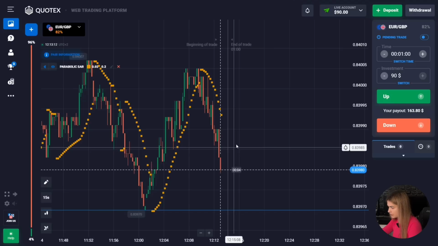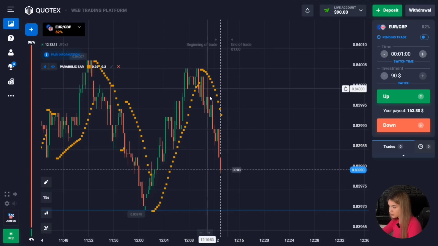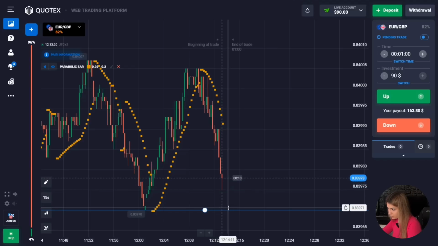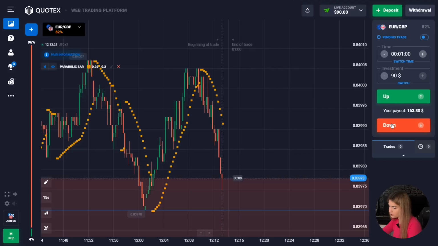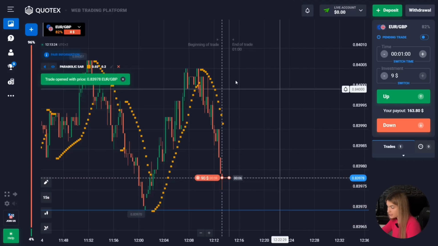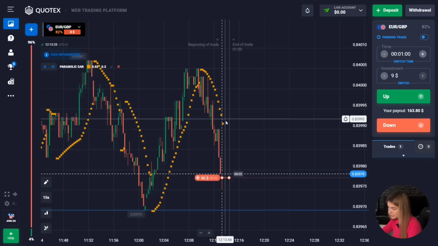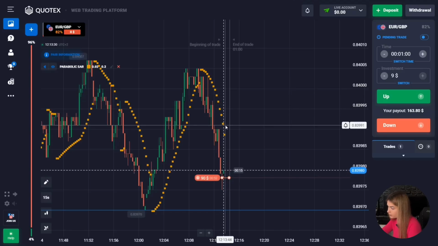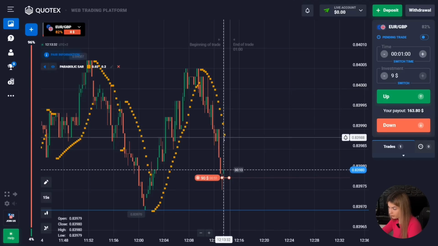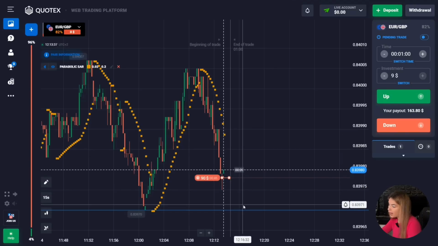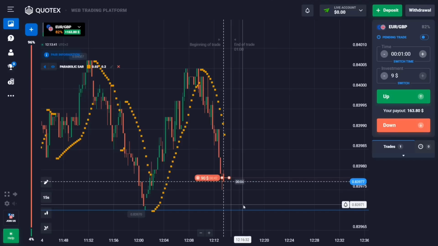So here we see that from a certain point the price has turned around and is confidently moving down and approaching our level. At the same time, there's very little space left to the support level. I suggest in this situation we will open a deal down because the price has an excellent potential to go down. Also, our entry point is confirmed by the indicator and points are formed above the chart. Just at the moment the price is moving down quite impulsively, we will try to make money on this downward movement. I hope that 1 minute will be quite enough, and so guys, let's wait for the result.